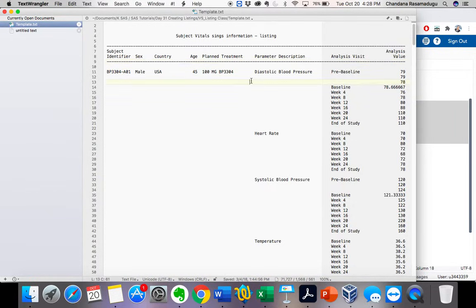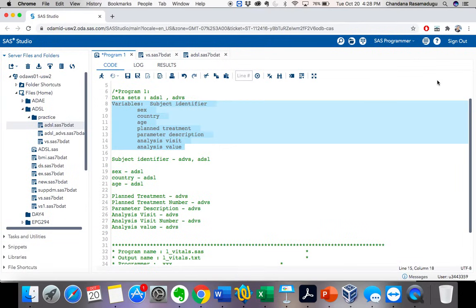So this is my template, right? What are all the variables that I need to have in my final report? These are the variables that I need to have in my final report. I have written those variables here, so it will be easier for me when subsetting the data. Here, I have taken all the variables that I have to create in my end report. Now let's check where I have all these variables in these two datasets. First, let's check the ADVS dataset. What are all the variables that I have here?